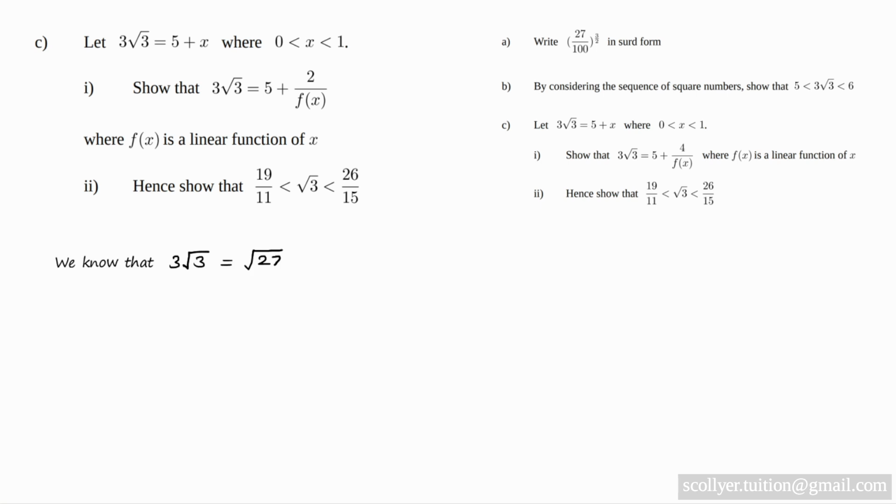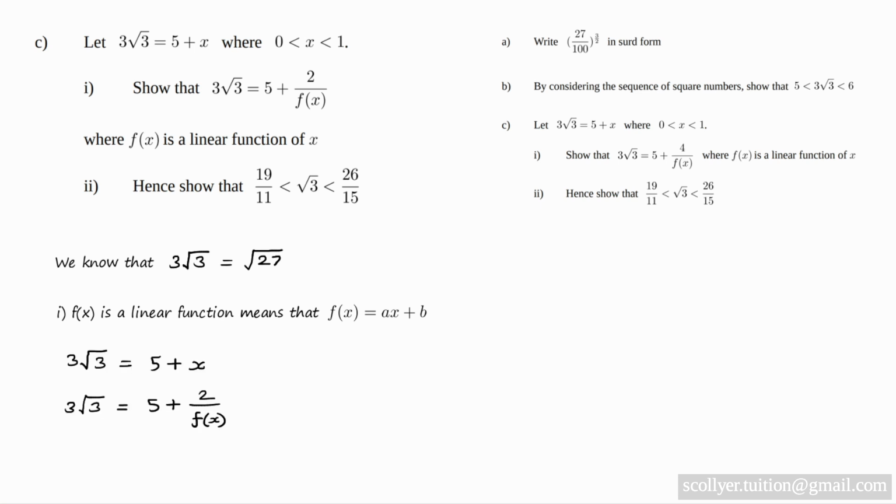Now, before we start, we should note that we know that 3 root 3 equals root 27. Part 1. f of x is a linear function means that f of x equals ax plus b, where a and b are real numbers. And we note that we have two different ways of writing 3 root 3. We can write 3 root 3 equals 5 plus x, or 3 root 3 equals 5 plus 2 over f